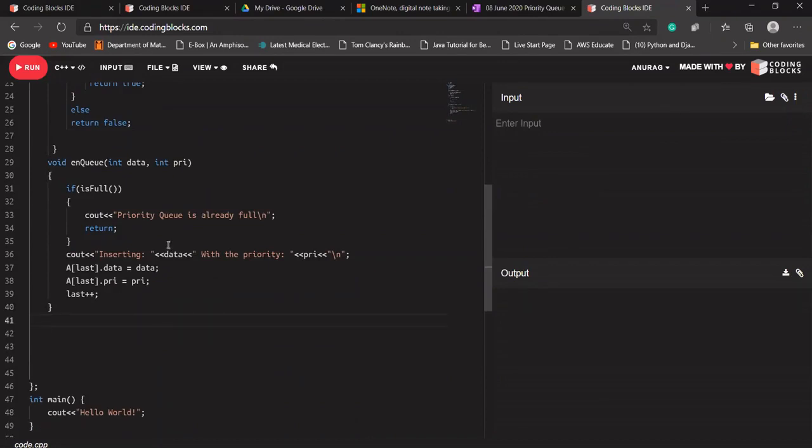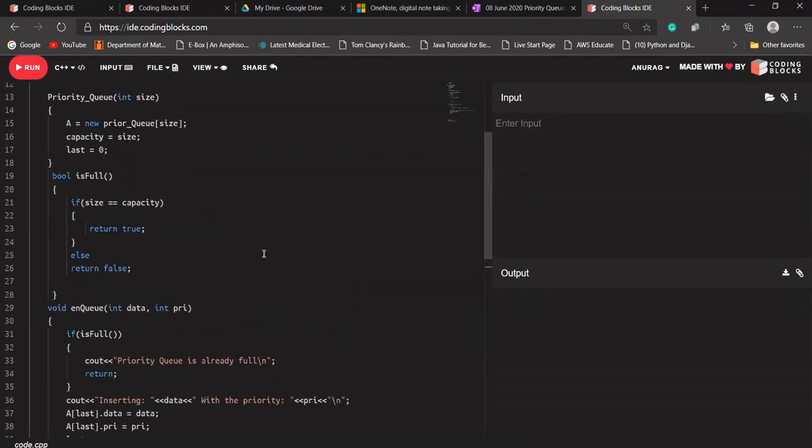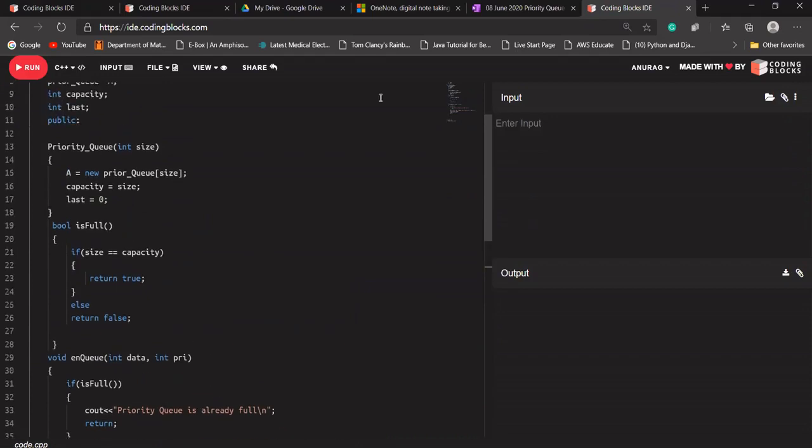Let's design last is equal to capacity, meaning you are asking what last is equal to capacity is. Okay, the size, it will be last equal to capacity.